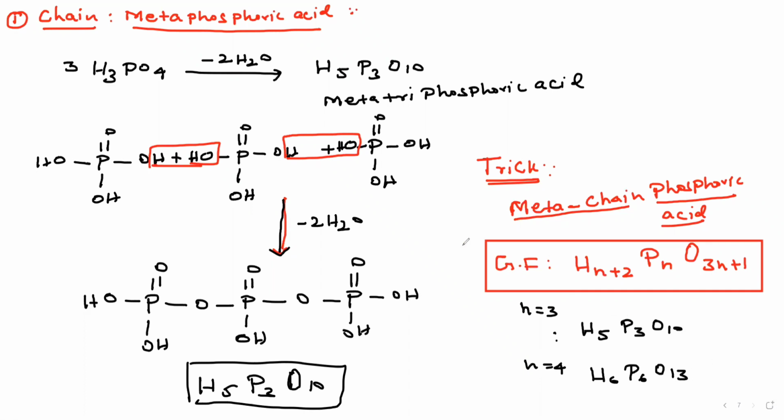Okay. When I apply this formula, we can find out the general molecular formula for what? The metaphosphoric acid chain. Now I'm going to discuss the cyclic form of the metaphosphoric acid. Very, very important. The chain form is over, right? This cyclic form, please know. This is very important from an exam point of view. This one, the metacyclic acid. This is important.